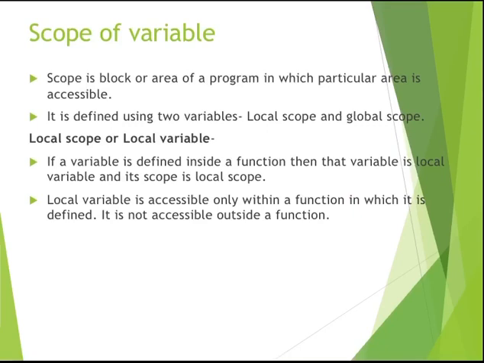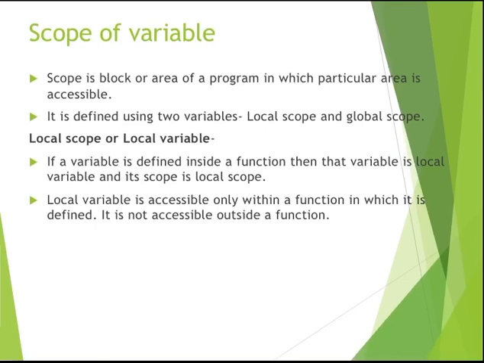However many functions we write, the variable will be accessible inside all of them. But if we declare a variable inside a particular function, it is a local variable and will be accessible only inside that function. If we write the variable outside the function, it will be accessible by all the functions. Now let's see what a local variable is with the help of an example.